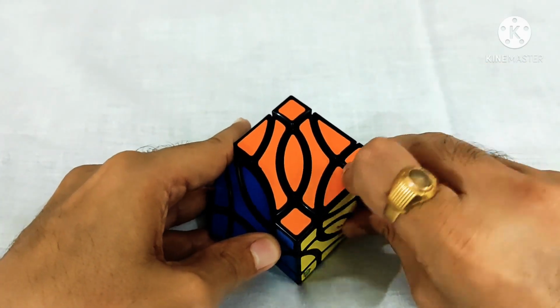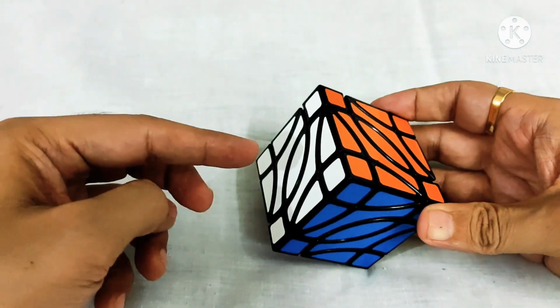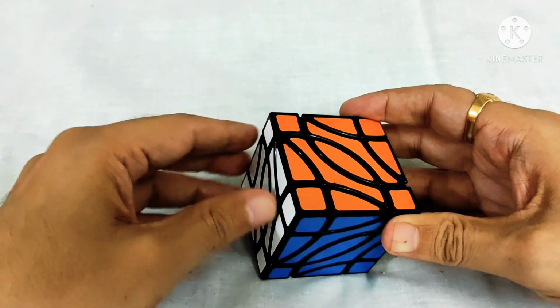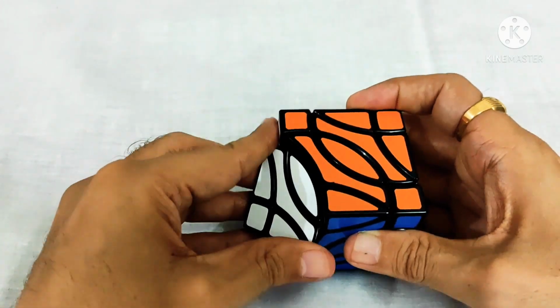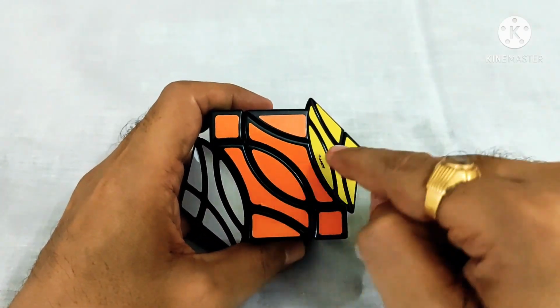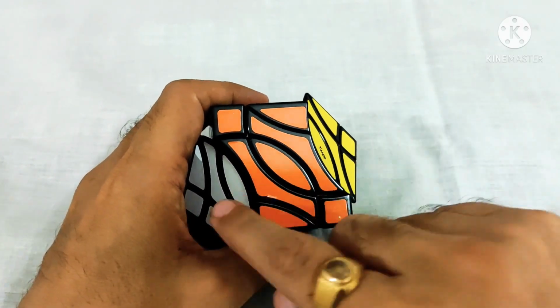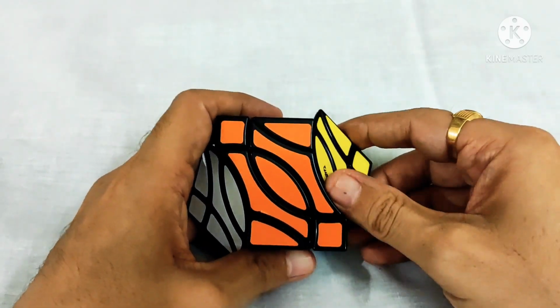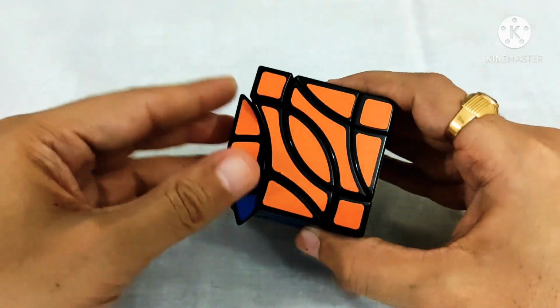Similarly, if we want to rotate this white center, we can rotate from here. We can use these 3 cycles. So white will come here, orange will come here and yellow will come here. So it is similar to the hexagram.